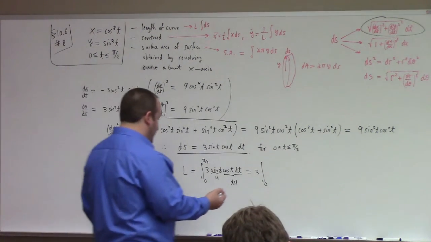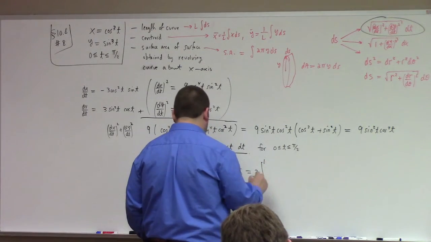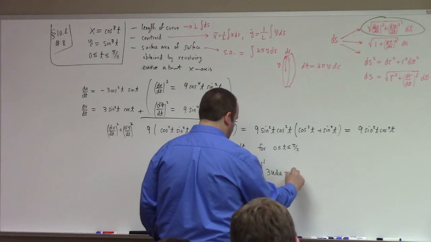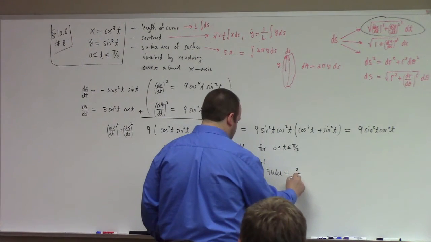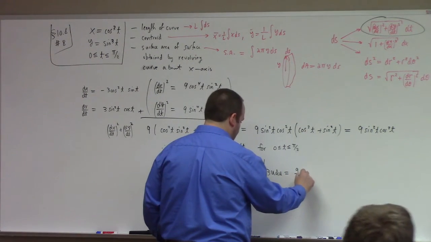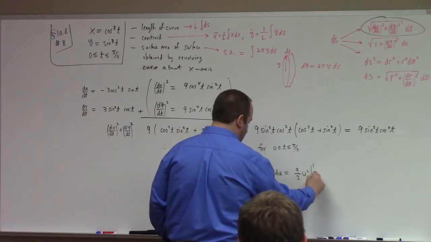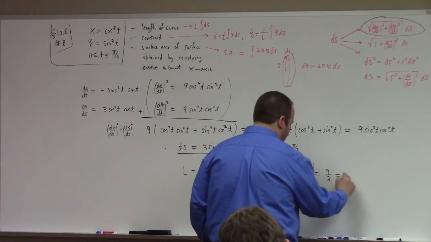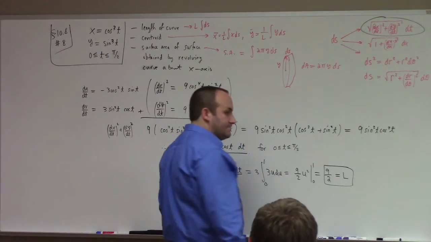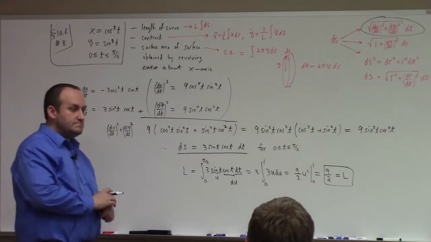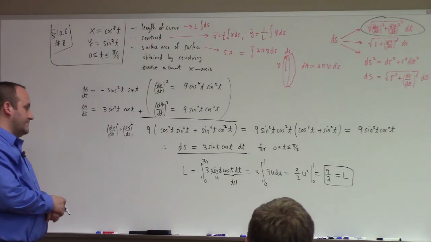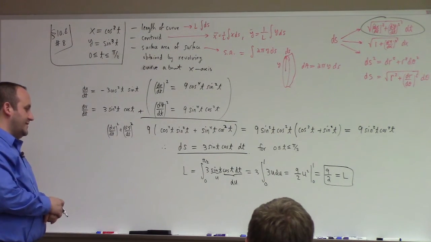So when I change the bounds, I get the integral from 0 to 1 of 3u du, which of course is 3 halves u squared, evaluated from 0 to 1, gives me 3 halves. There you go. That's the length of the curve. The length of the curve